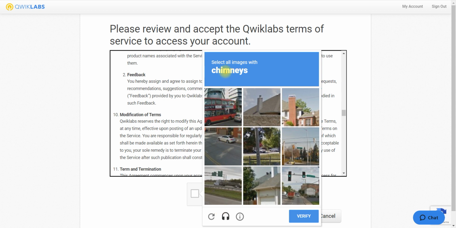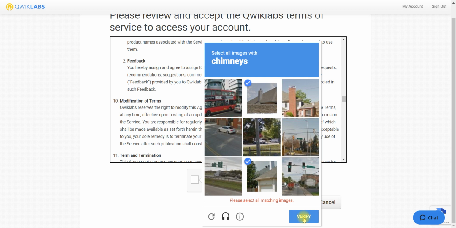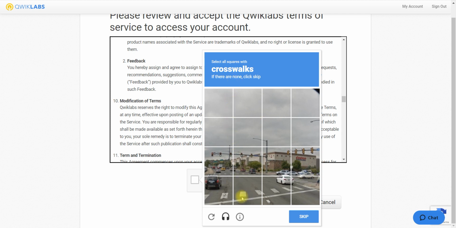Okay, so verify. Let me check it. Is there any other? No, I don't think so. Okay, verify. Oh, not matching. Let me change it. Crosswalk. Okay, right.